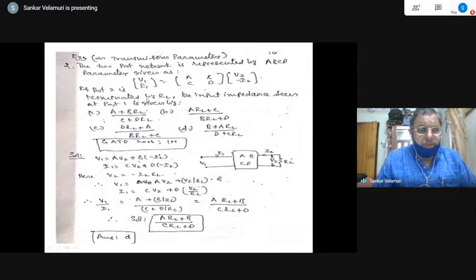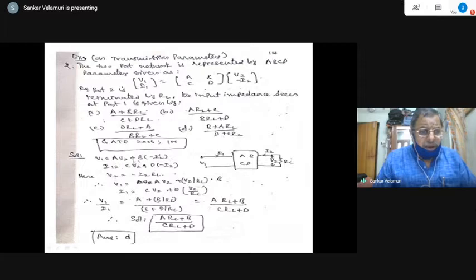What is my input impedance? V1 by I1 ratio is called the input impedance, right? Or driving point impedance, when I2 is made 0 in this particular case, right? So V1 by I1 is equal to, sorry, it's not that. V1 by I1 is input impedance because